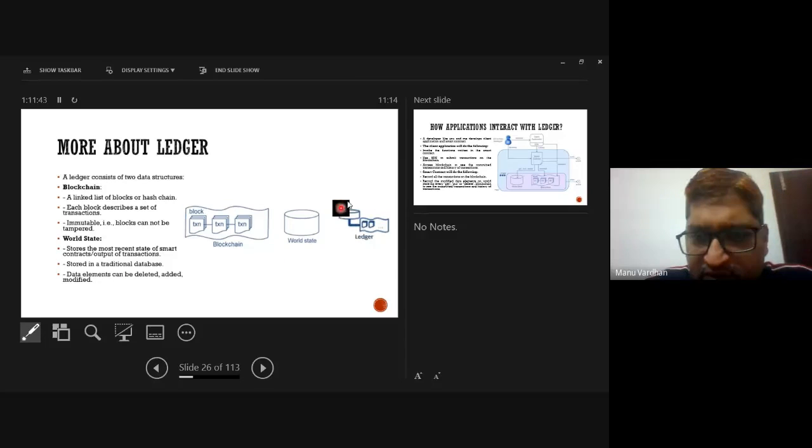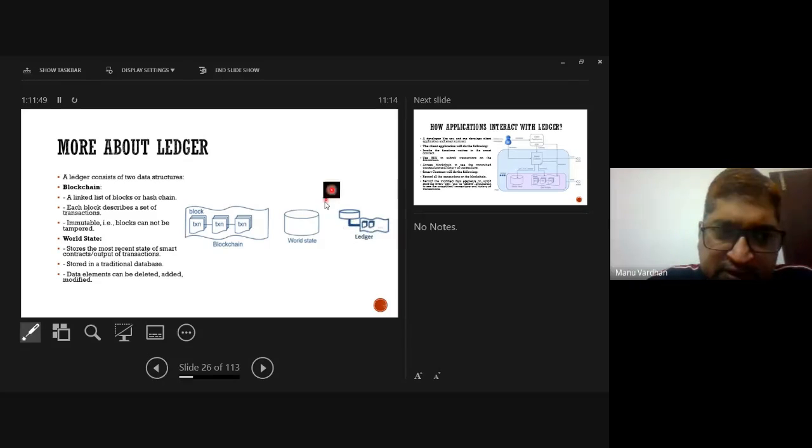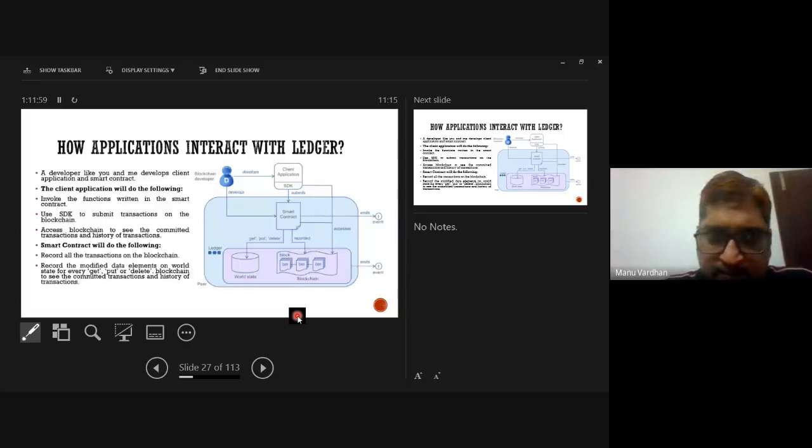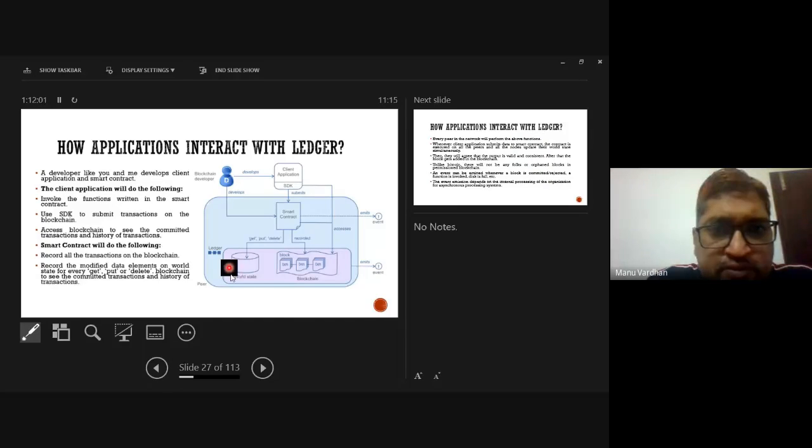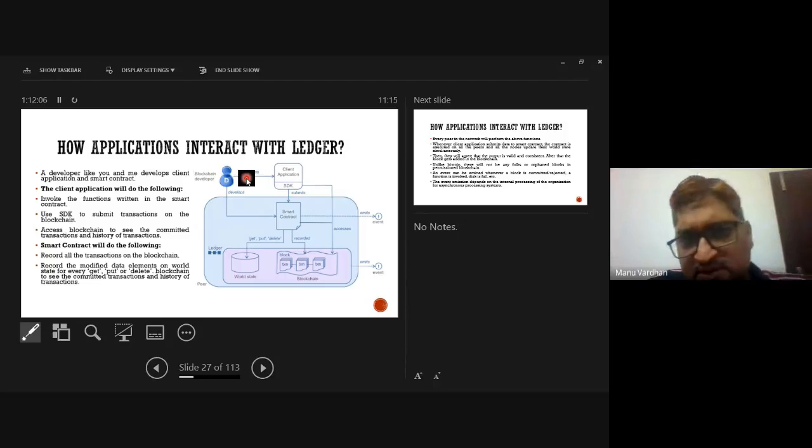So this is what a ledger looks like. We have transactions and we have world state over there. World state is kind of a database, and it is stored in a traditional database, where the elements can be added, modified, or deleted. So how does the application interact with the ledger? Though we have already discussed this, with the help of some interface,